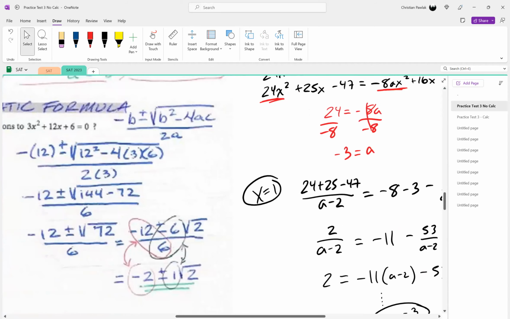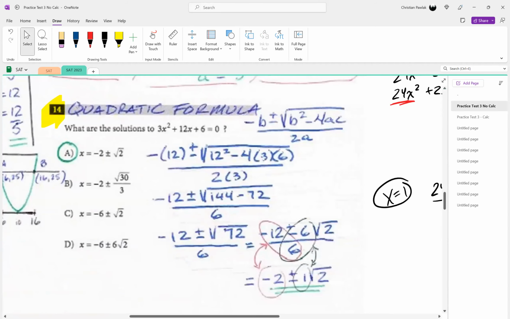Okay? I quickly wanted to reference number 14. The reason I wanted to reference number 14 is because it asks for what are the solutions to this equation. Please make sure you remember the quadratic formula, okay? Quadratic formula is a very, very helpful equation for the SAT, just like the slope formula for number, I think it was 6. The quadratic formula, take the time to memorize. You can see I had to work through